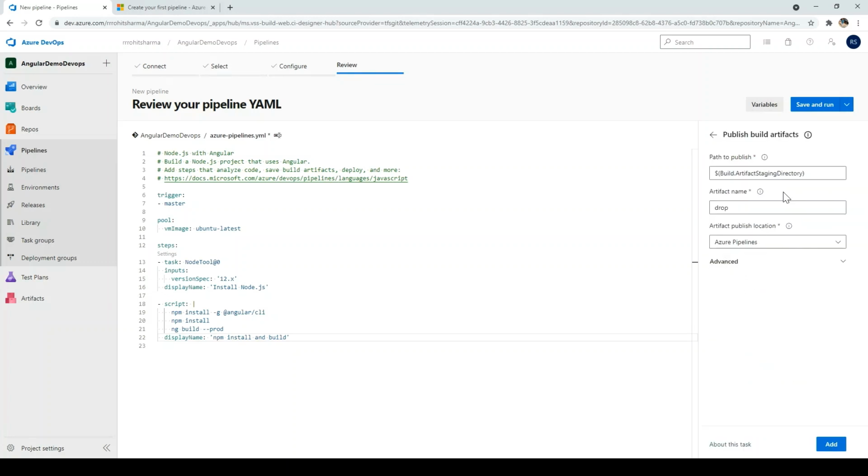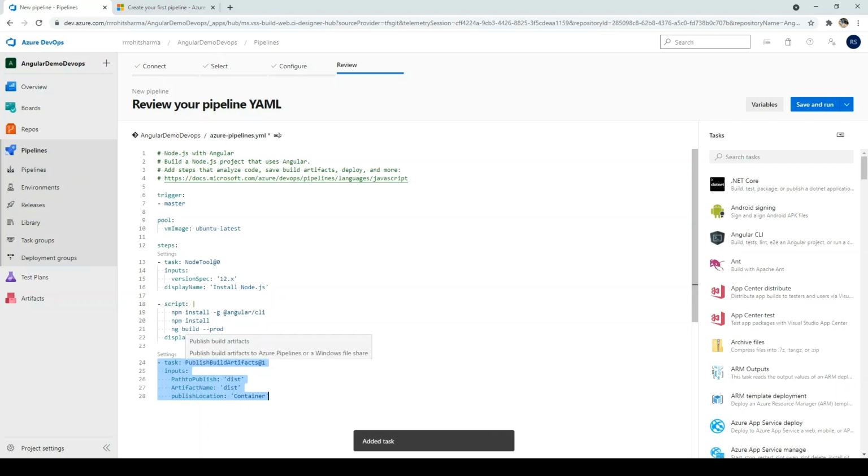publish build artifacts. And if you have the .NET application, you know this is the required place, but ours is the dist, the folder which I want to. I'll name it also as the same, and location I'll keep it the same. I don't need it, I'll remove. There's no option to remove from here, so I'll remove it later. But important thing is, whenever you have to add the task, your cursor should be at the proper location. So let me just keep it here and then click add, so that task is added. Since I don't need the publish location, it already knows this folder is the place where I want to publish it.